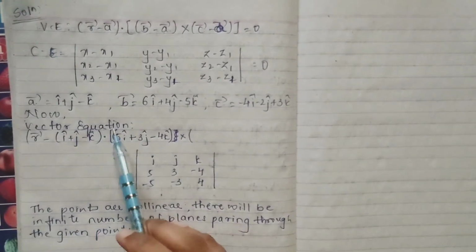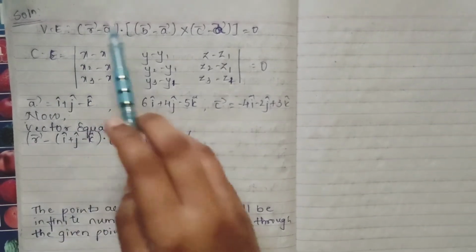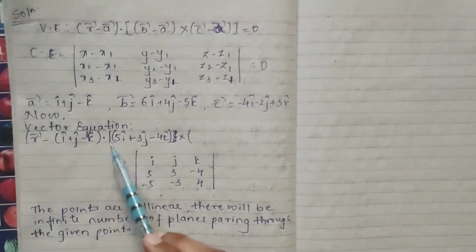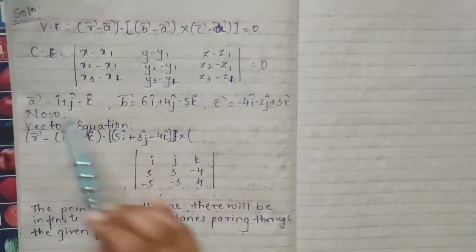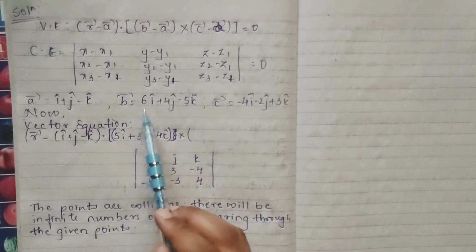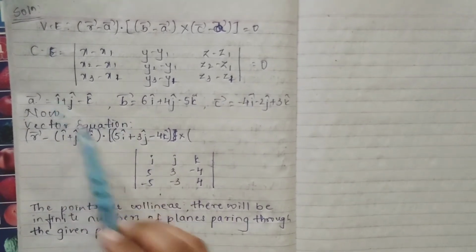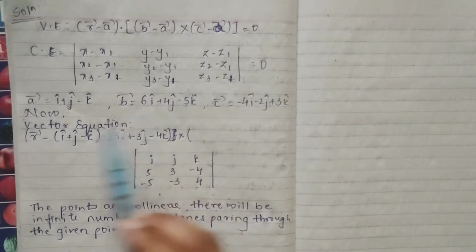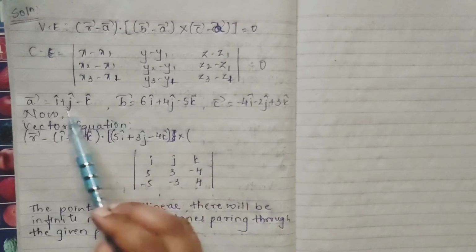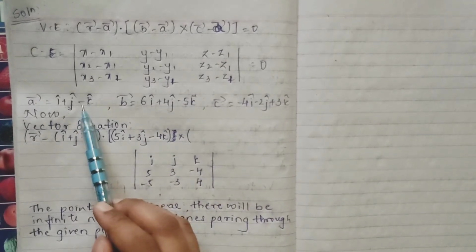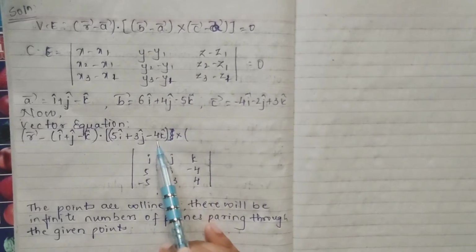Now we will find our vector equation. So vector r writing as it is, vector a write it, dot vector b minus vector a. So directly I have subtracted and I have written, see, vector b minus vector a is there. So 6 minus 1 is 5 i cap plus 4 minus 1 is plus 3 j cap, minus 5, here already minus is there, so minus into minus becomes plus. So minus 5 plus 1 becomes minus 4 k cap.